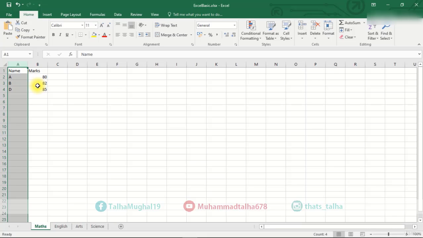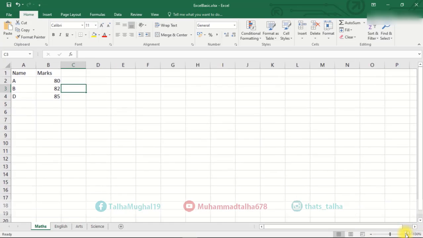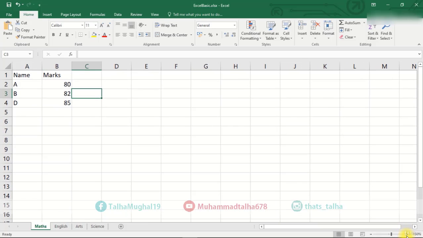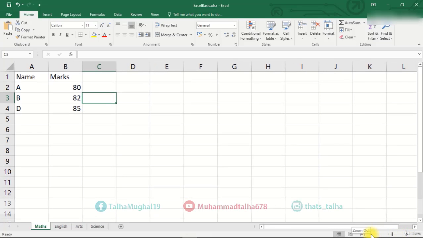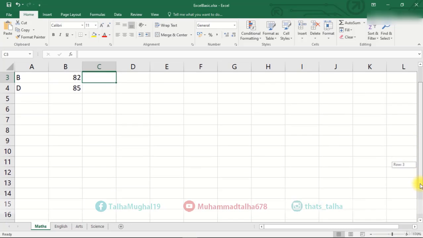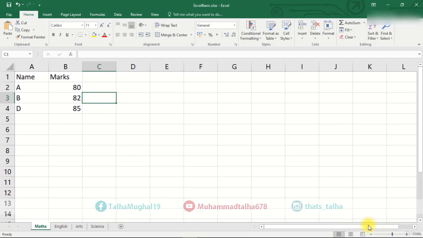You can zoom in on a particular part of a worksheet using this plus symbol at the bottom right corner of the screen. When you click this plus icon, a particular part of the worksheet will look bigger and will be more visible. When you have zoomed in, a lot of data will move out of the visible screen. To look at this data, you can use these scroll bars on the right and on the bottom.